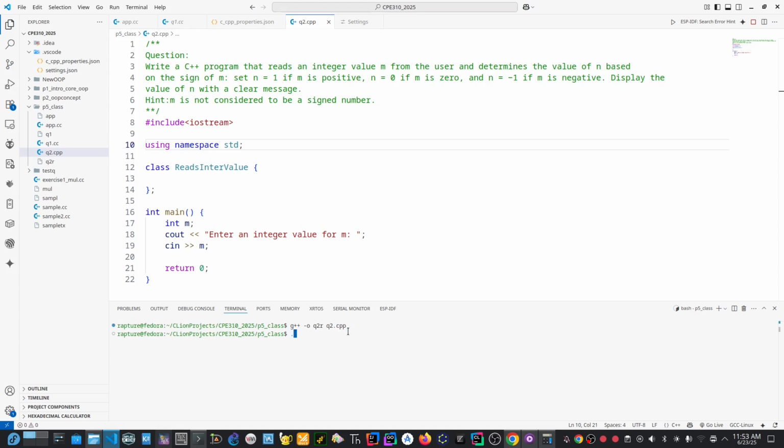If you run it now, Q2R, you see, enter the value of n. When I enter the value of n, you can see nothing is returned here already. Therefore, we can